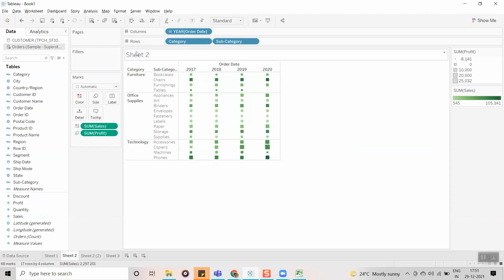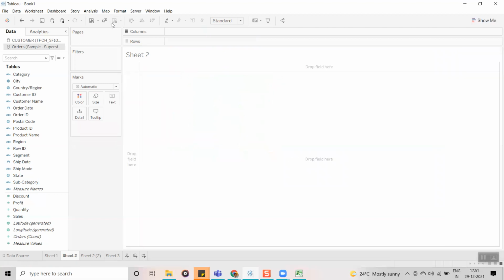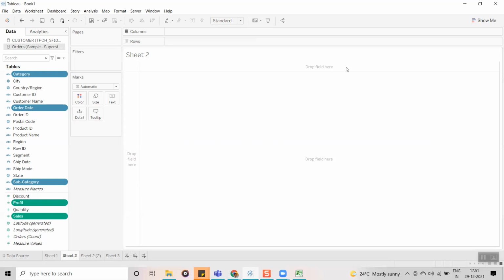Now let me do one thing. I am just going to clear this one. I am going to select order date, the same thing, subcategory and category, and also profit and sales. 5 columns I have selected by holding the control key. Now I am going to click on Show Me.